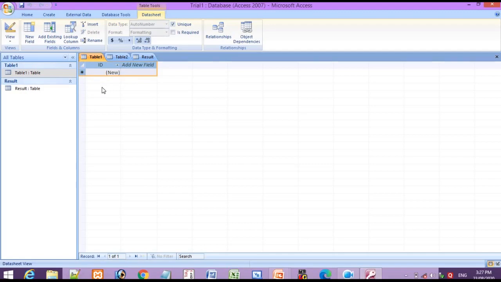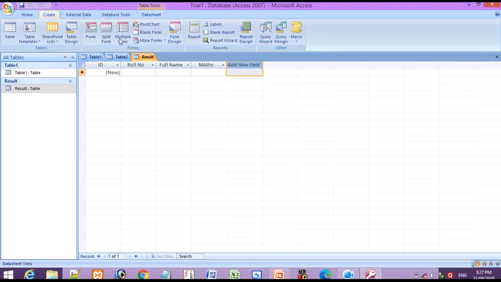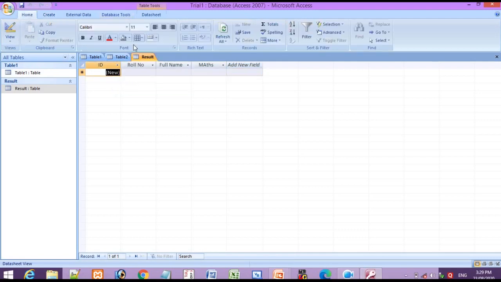Now entering and editing data in a table. अभी ये रिजल्ट नाम का टेबल बनाया है हमने, इसके अंदर आपको क्या करना है, डेटा एंटर करना है. तो आप कैसे डेटा एंटर कर सकते हो इसके अंदर, फॉर दैट व्हाट यू हैव टू डू, ओपन द टेबल रिजल्ट इन द डेटा शीट व्यू. डेटा शीट व्यू में क्या करना है, आपको टेबल खोलना है. तो ये डेटा शीट व्यू में खोलना है या डिज़ाइन व्यू में खोलना है, आप वो कहाँ जाके कर सकते हो, by going in create and okay. So here now your table is ready for entering data.